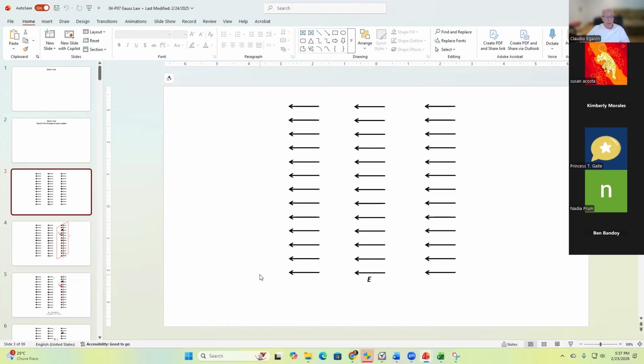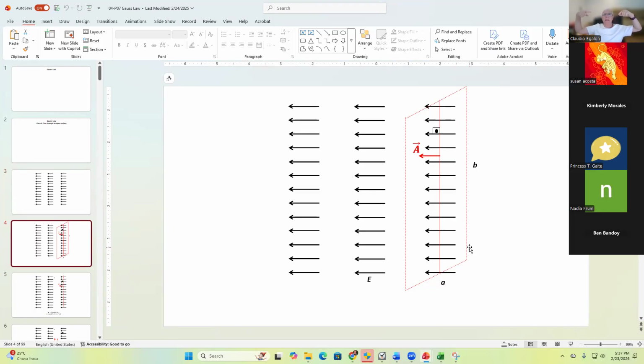If I come to you and say, look, I want to find out what is the electric flux of this electric field with respect to a given surface, okay? We are going to start with this simple planar surface here that's oriented at an angle of 90 degrees with respect to the field. Can you picture that? So try to visualize an electric field going from my right hand to my left hand, okay? The electric flux is defined with respect to an imaginary surface within this region, within this volume where we have an electric field. So if you have a uniform electric field from my right hand to my left hand,